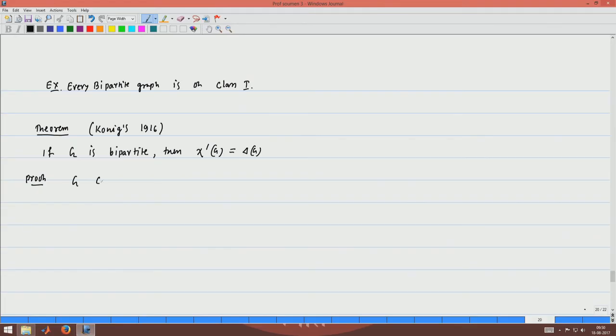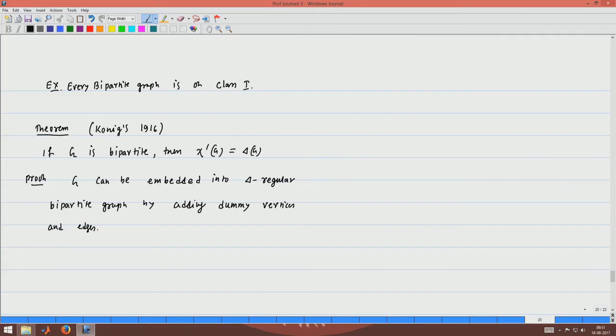So, G can be embedded into a delta-regular bipartite graph by adding dummy vertices and edges.